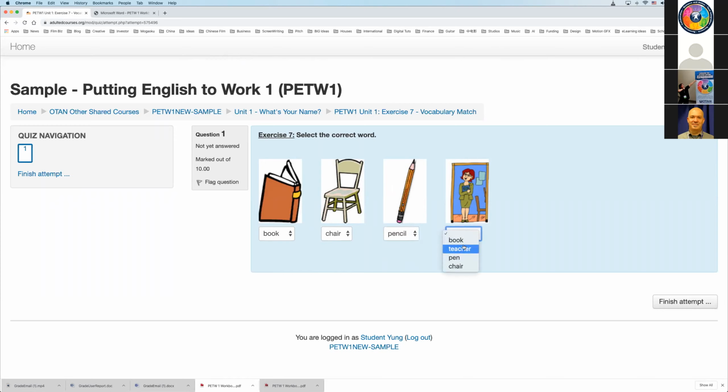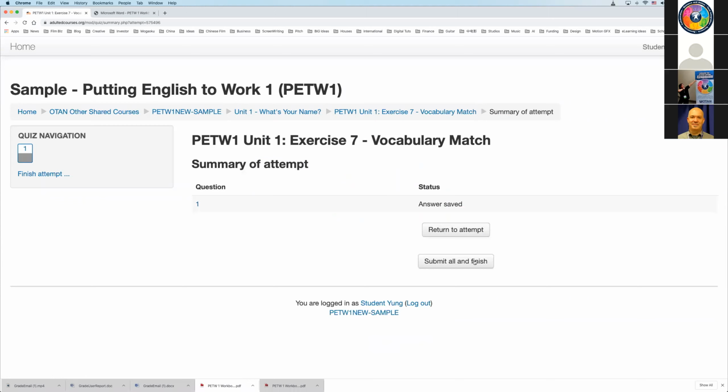And on this exercise, there is no check button. Why? Because there are only 4 items, okay? And if the student needs to redo this exercise, she can simply start the attempt again because there are only a few items here, okay? So I want to click finish attempt.